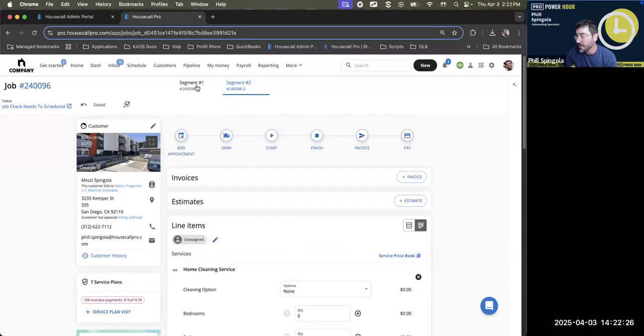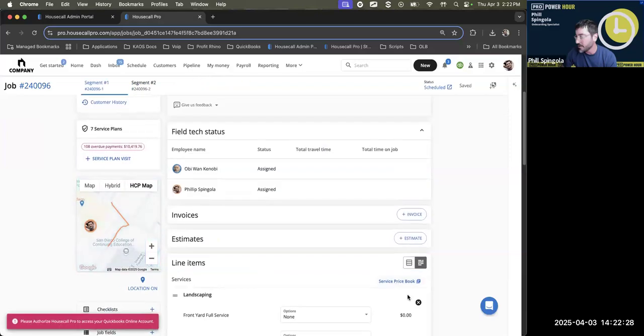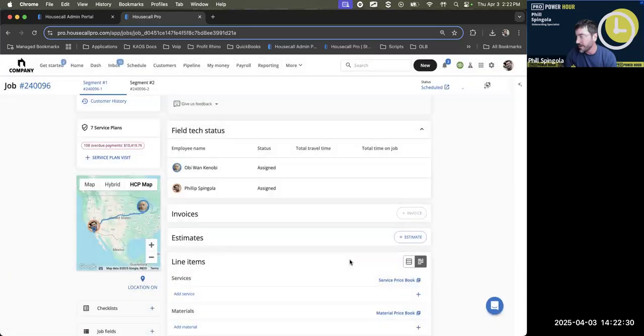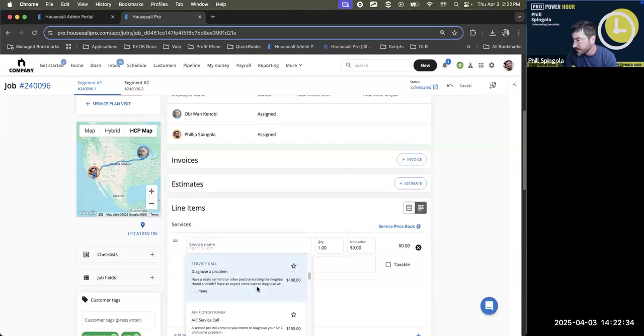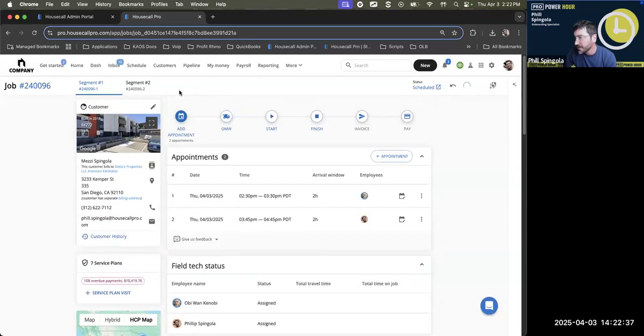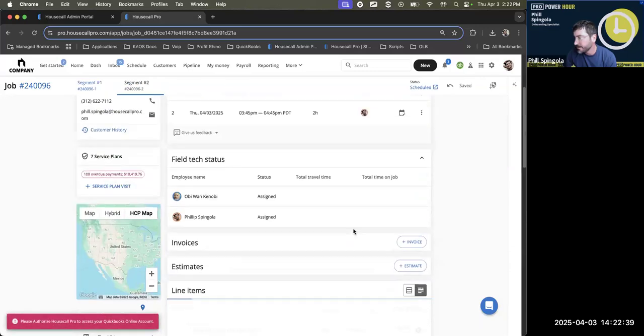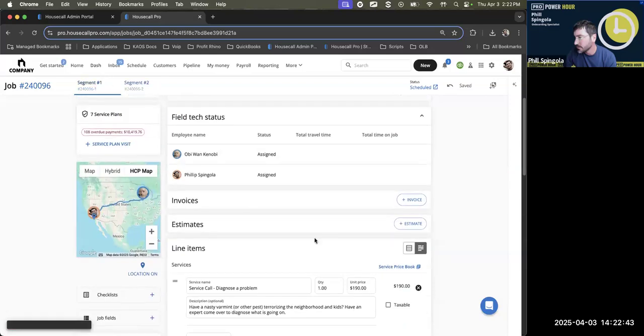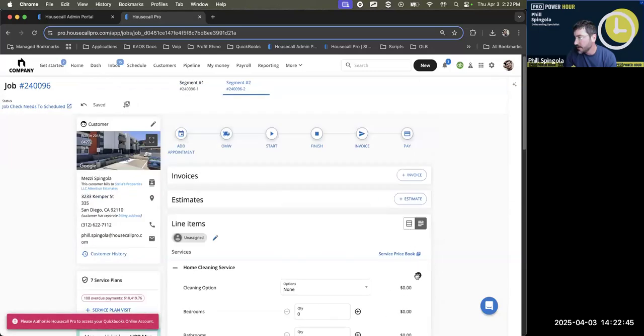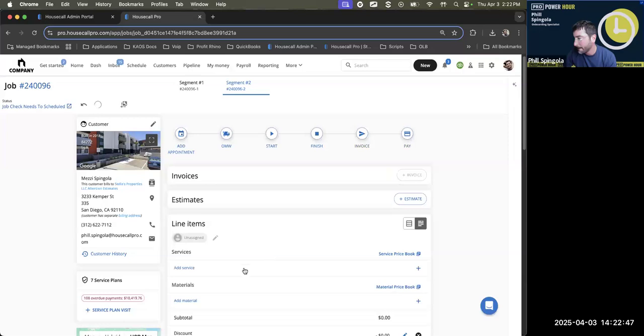So if we're going to do that, I'm just going to add a couple of services here so we can see what it would look like. Okay, there's one. And for two.